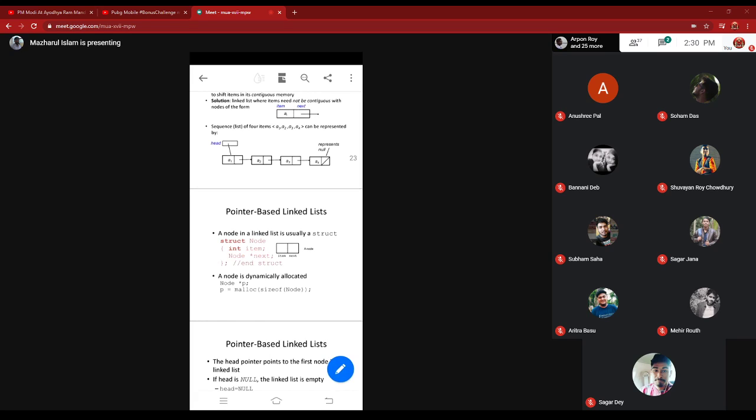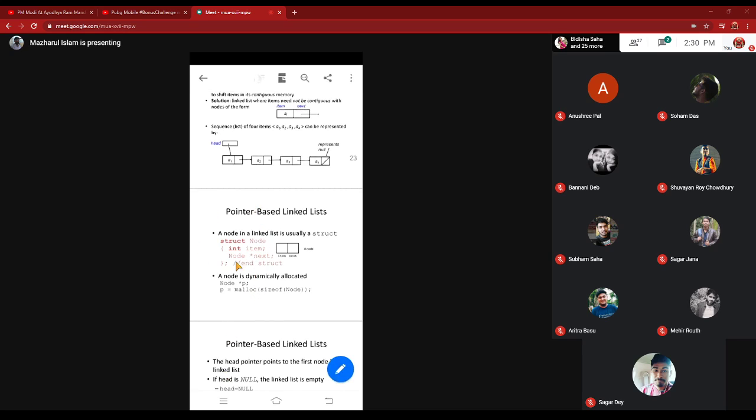So this is called a self-referential structure. A node is referring to a node which is of a similar kind. A node is holding the address of a similar kind of node. So this is a self-referential data structure.